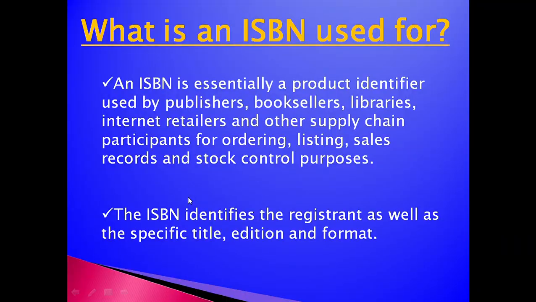What is ISBN used for? ISBN is used for all things. When you want to get anything, it is essential for a product, to identify it, used by publishers for particular things. When you want to get a branded thing, or one particular book, if you don't know the book but you know that 13 digit code number, when you tell that 13 digit number, you can get the book easily.